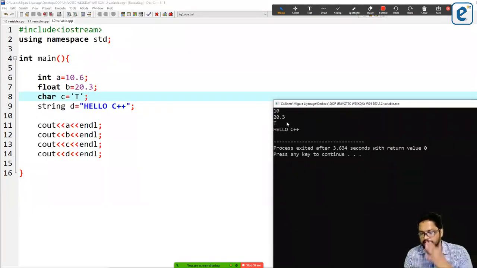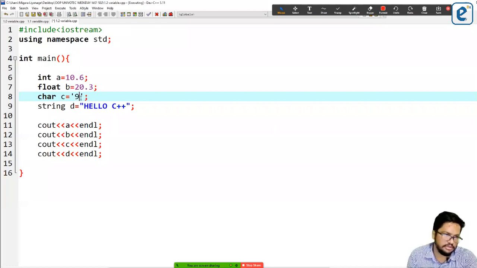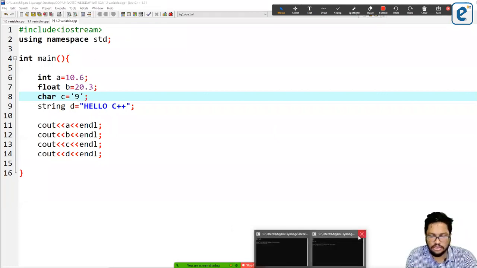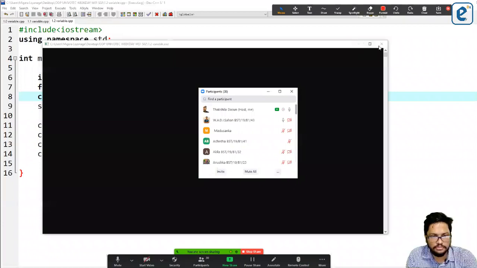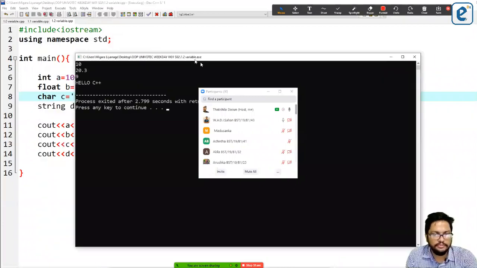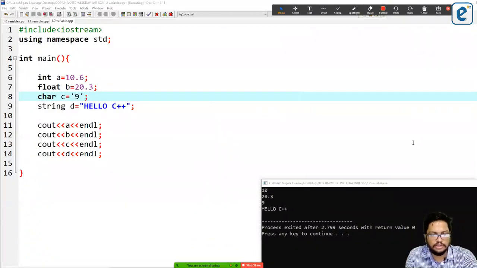I mean characters in the sense of letters, numbers, and symbols. Those are the characters. So you can even assign numbers into char. Any questions?